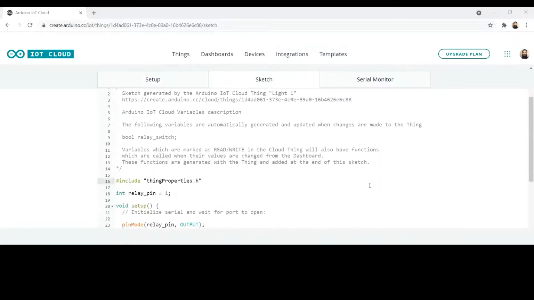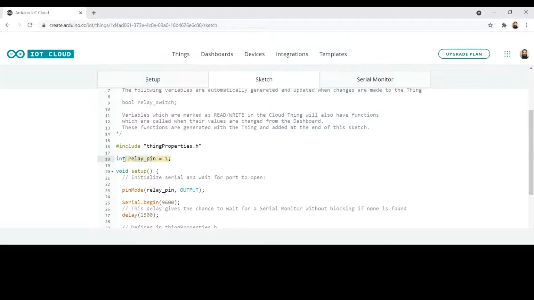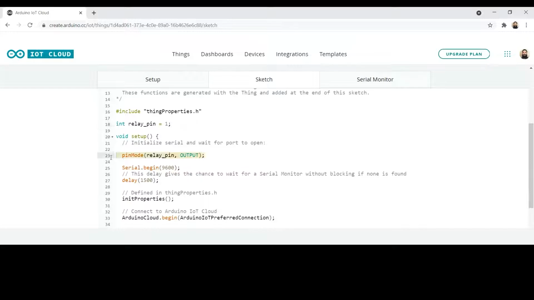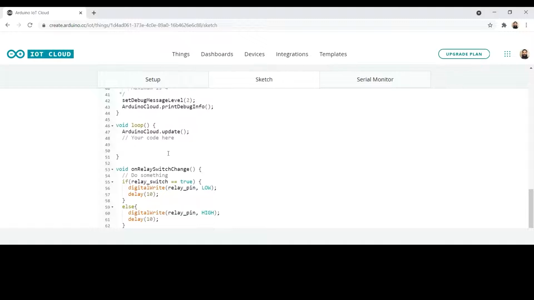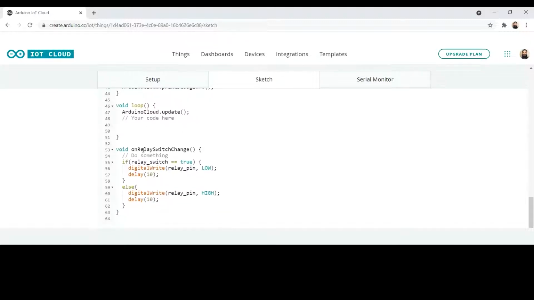So for the code, we're just going to make some small adjustments. We're going to add this line, which just declares the relay as pin number 1. And then we declare it as an output as well. Further down, we're not going to do anything in the loop, but for the function called onRelaySwitchChange, which comes from the variable that we created in the thing interface earlier, we're going to add this simple